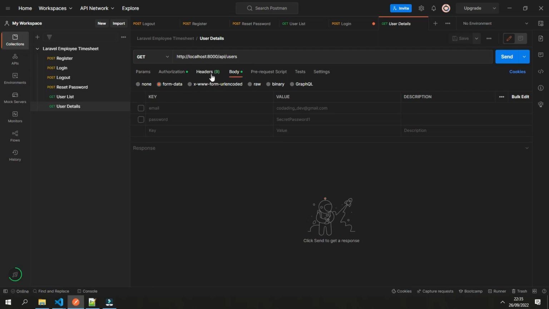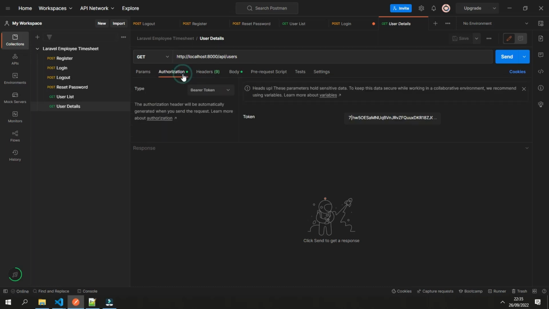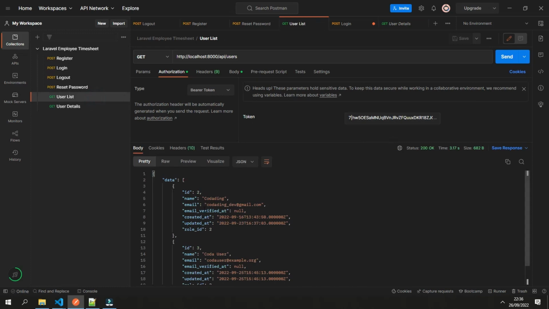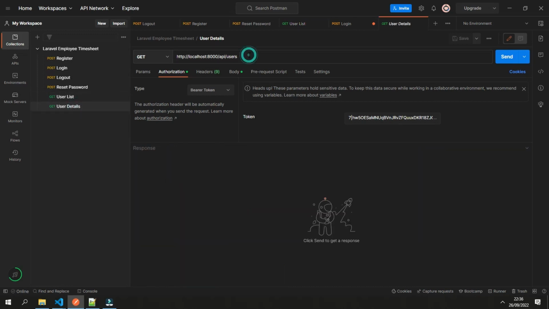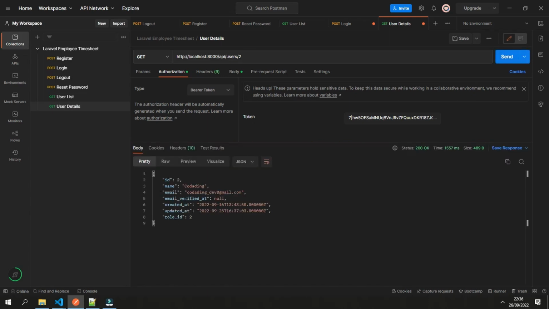It has no body, and we are using the same token like in here. So now there are only two users, ID 2 and 3. So let's test for ID number 2. After the slash, it gives us the correct response.